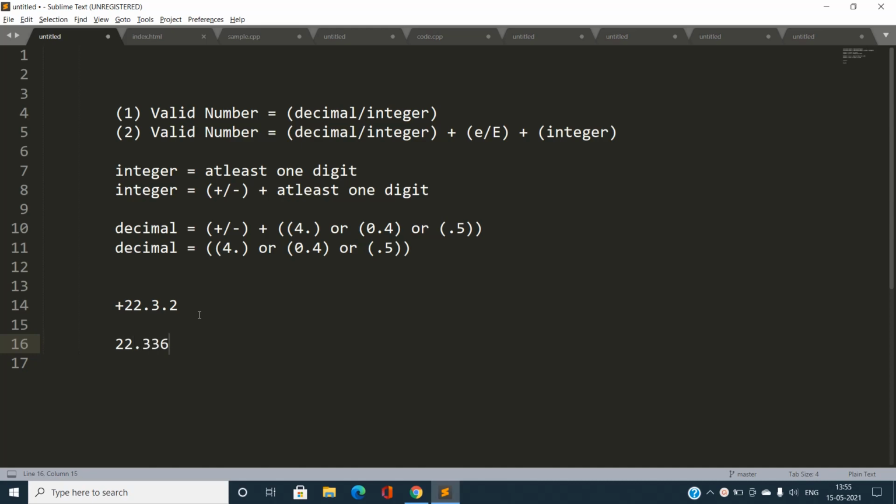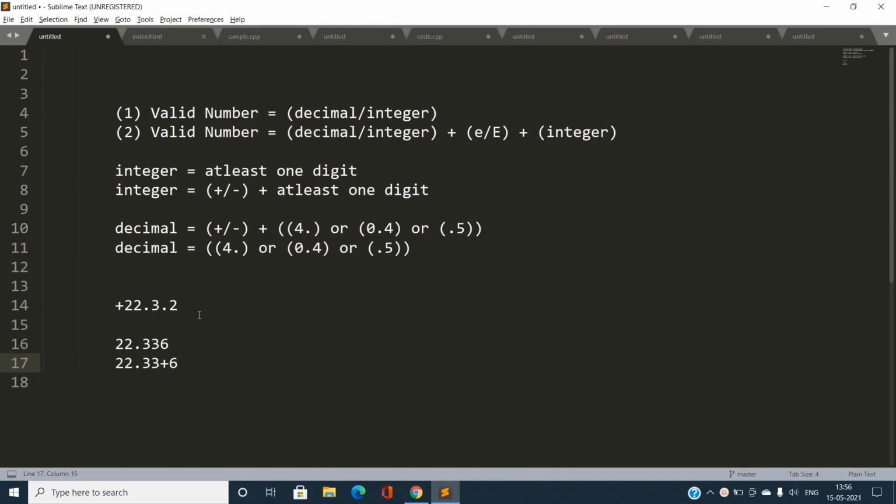Now you can easily see if there is a dot present over here at position 2, there are digits present before that dot and digits present after that dot, that is 336. But consider this case like 22.33 plus 6. This is not going to be a valid decimal number because there is a dot present over here, and if you consider the characters after that dot, there is just a plus sign which is not valid. I must not consider that, alright?